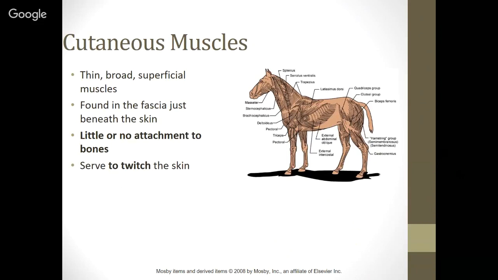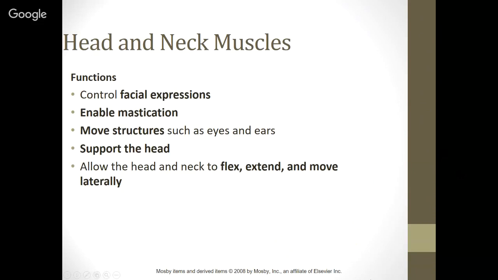Cutaneous muscles, these are the first muscles we come across when we're doing dissection. It's actually very difficult to find because they are really attached to the skin. It's a thin, broad, superficial muscle. It's found in the fascia just beneath the skin with little to no attachment to the bones. The only action it has is to twitch the skin. So you can think about that cutaneous muscle, the cutaneous trunci muscle in particular, on the skin of a horse